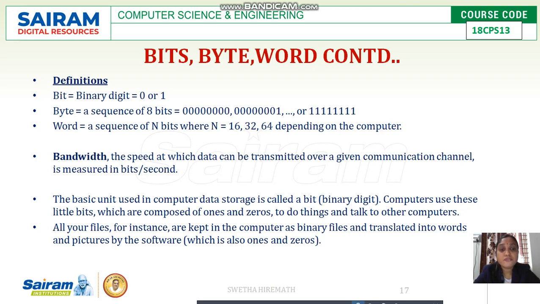So next, after we know the basic units of a memory system, we have to know what a bandwidth actually is. Bandwidth means the speed at which data can be transmitted over a given communication channel, measured in bits per second. That is how many bits of data are being transferred